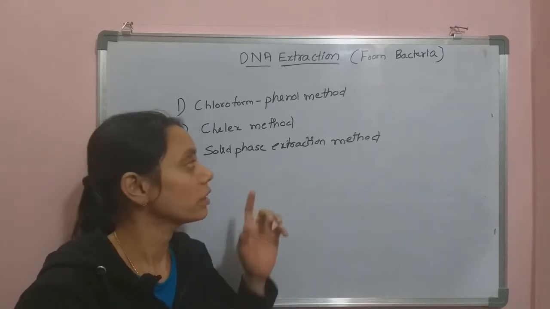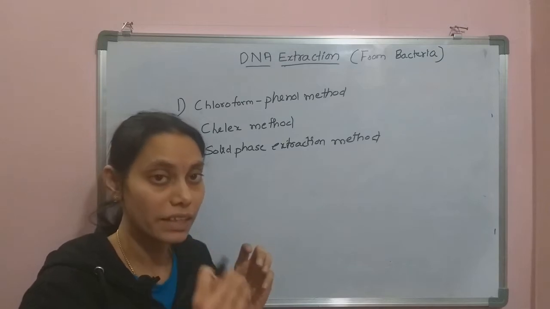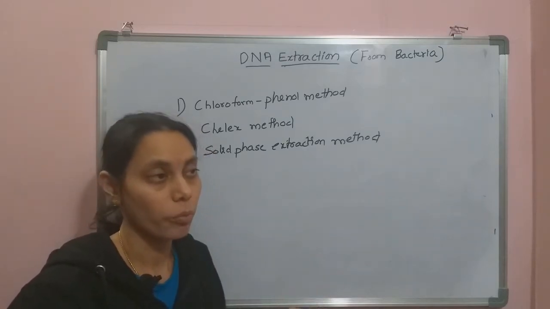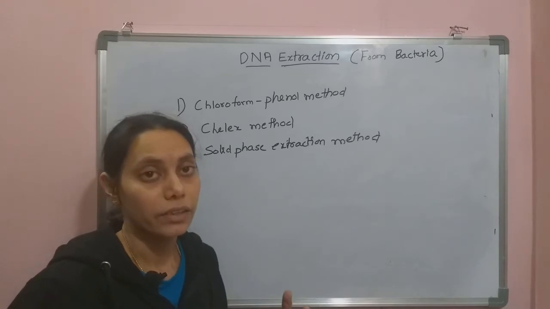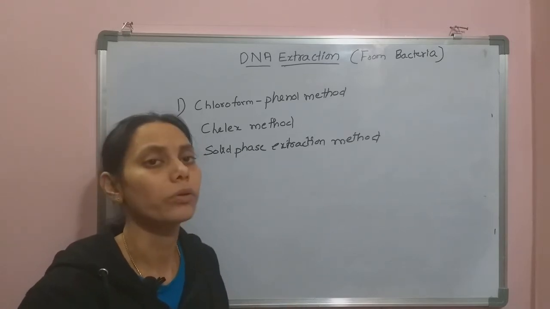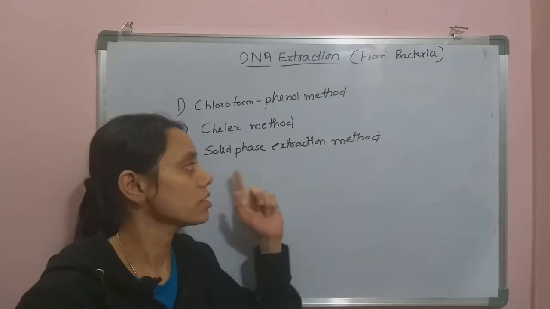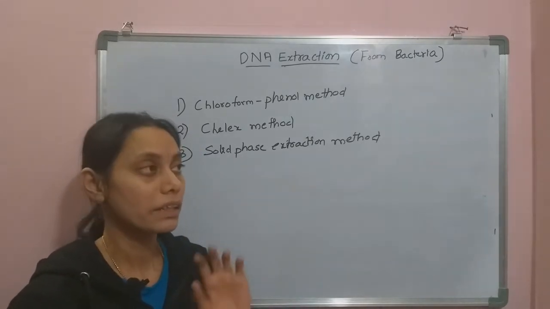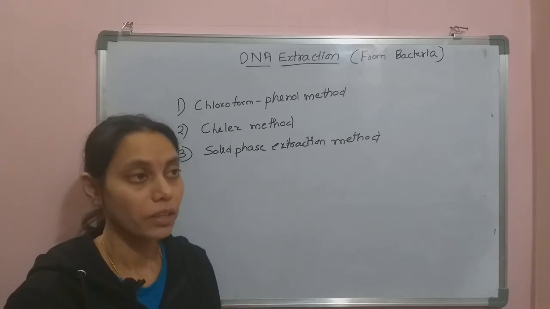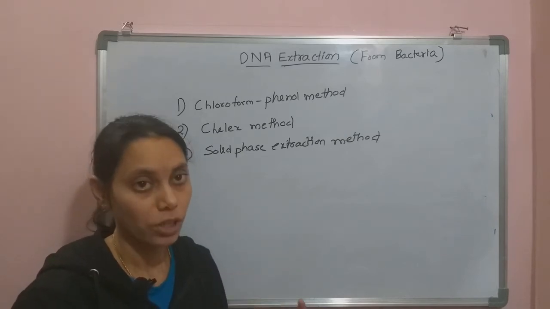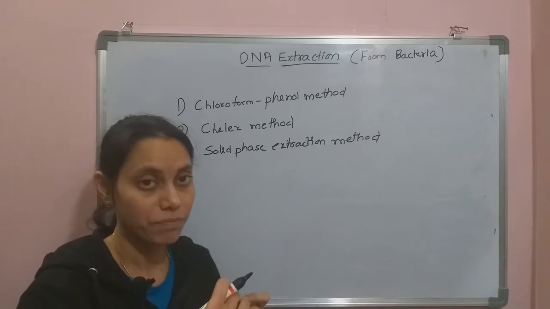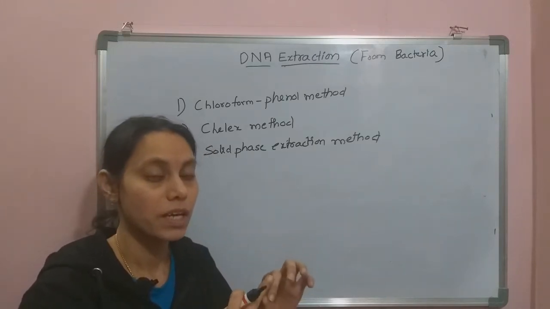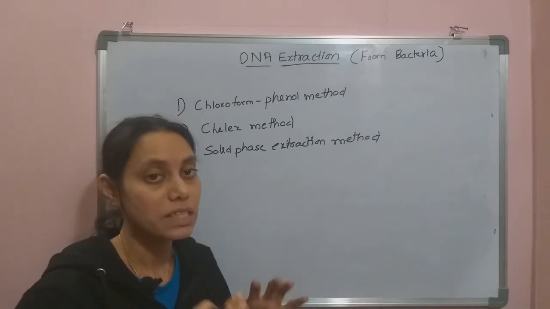So the DNA will be separated and all remaining cellular components will be chelated, and that is how DNA will be isolated. In the solid phase extraction method, a solid is used for absorbing the DNA, so that the DNA attaches to the solid phase,